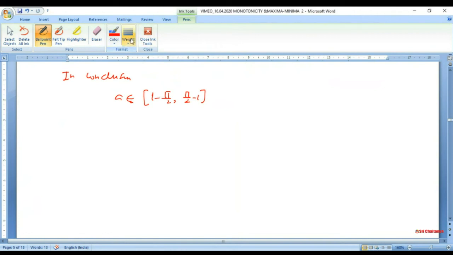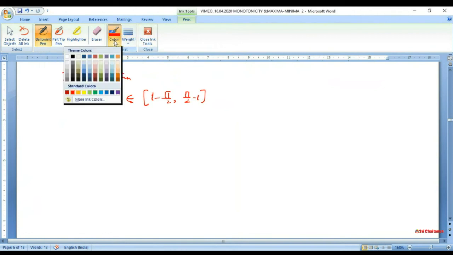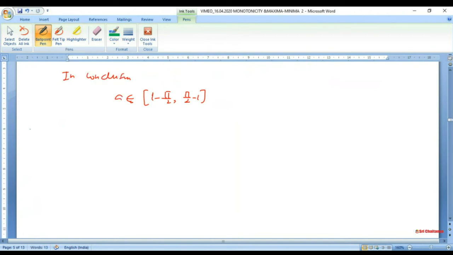Let me just go to another problem. So one is this. Sometimes you are asked in exams about intervals of monotonicity. Means you have to find the interval in which the function is monotonic, or monotonically increasing or monotonically decreasing, all sorts of things. So one example I can take as f(x) is